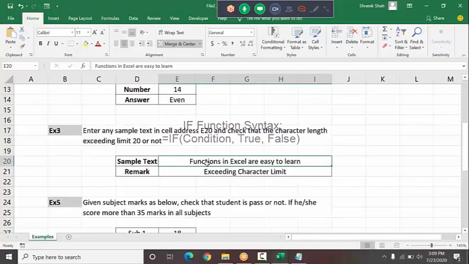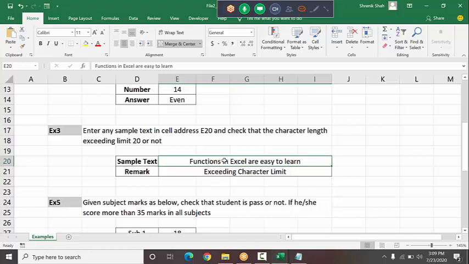While you operate your phone and type some message, it notifies you that you are exceeding the character limit, right? They make some condition, and after that they print a message like "exceeding the message length". Something like that we can do in Excel.